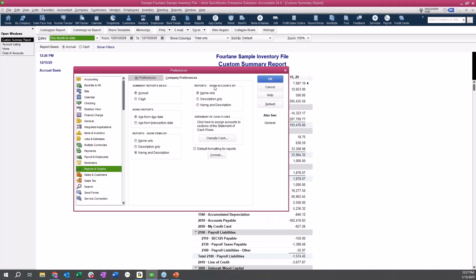There are settings here where we can show just the name, and so we have the ability to choose if we want just the name